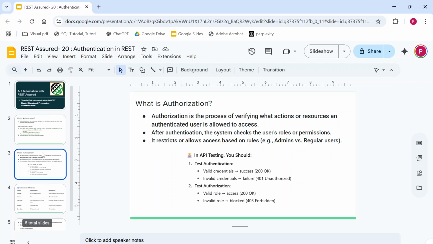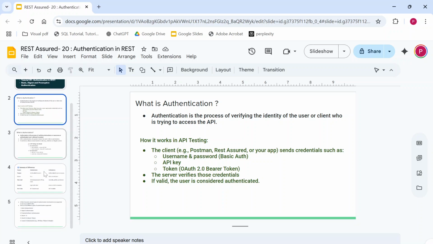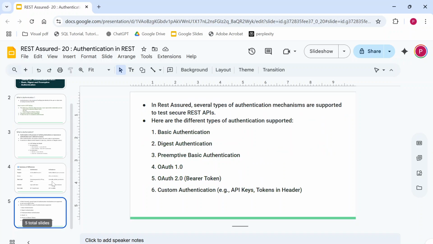Now, when we are using Rest Assured, sometimes we might get an API which needs authentication. In Rest Assured, several types of authentication mechanisms are supported to test secure REST APIs. What are the different ways of authentication mechanism? For example, basic authentication, digest authentication, preemptive basic authentication,